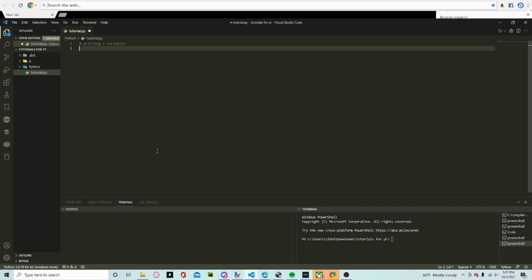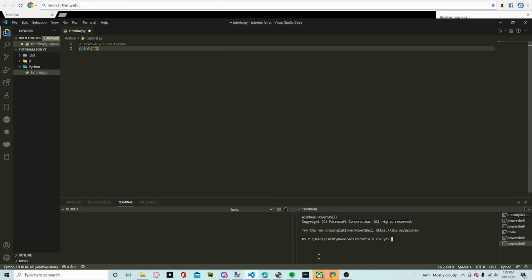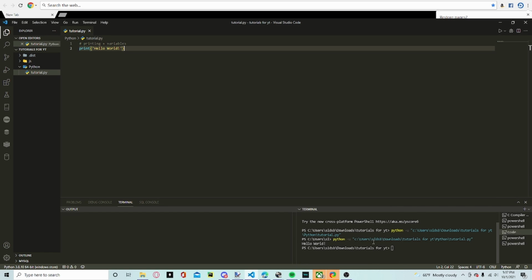Alright, now we're actually going to be writing some code. So if I were to type print and then do parentheses and then quotation marks, anything inside of these quotation marks will be transferred into our terminal down here. So if I put hello world, which is usually what people first put, and I'll save my code, and then if I run it, you'll see in the bottom, if you ran it in your terminal,